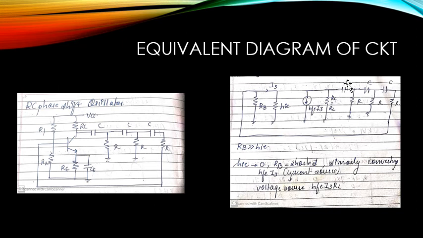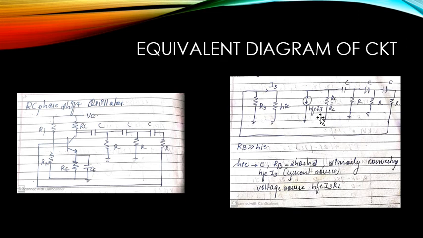So for the hybrid model we are going to have HIE and HFE. HIE is the internal resistance across the input side, RB is because of R1 parallel to R2, and HFE is at the collector side, this is the current source. Again the entire RC network, you can see the RC ladder network is over here. RC is considered as RL, so it is as it is over here.